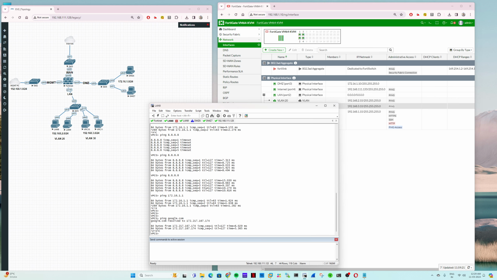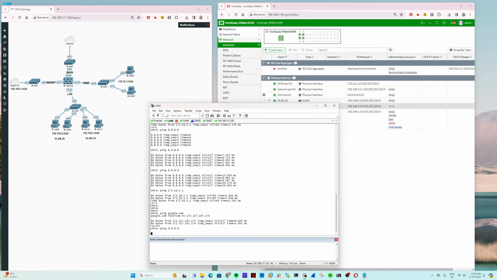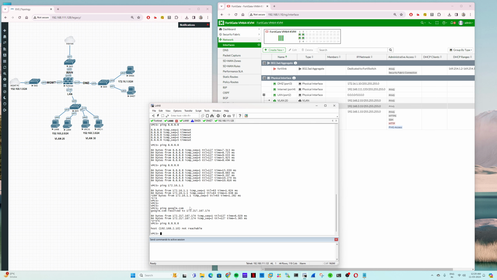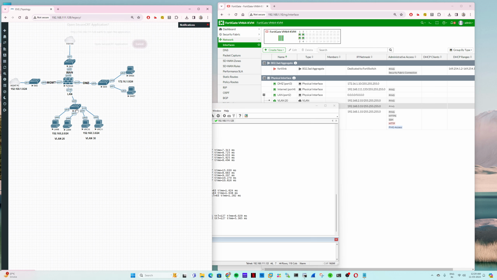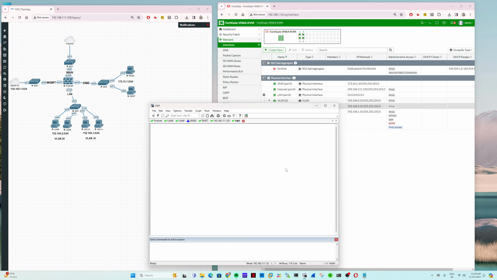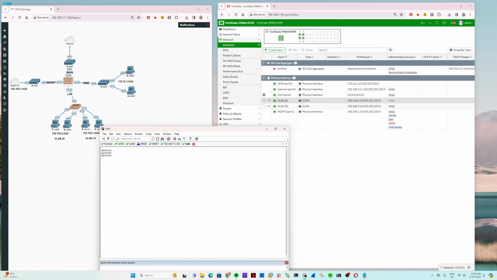But if I try to ping, okay, like internet, I'm not able to ping now. Okay, so still we have to do configuration on switch end. So just go to this switch end. So this interface